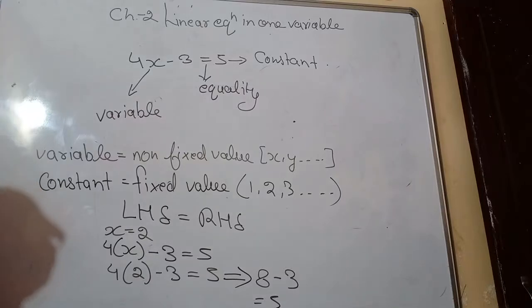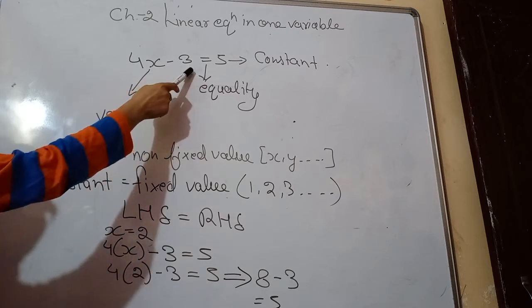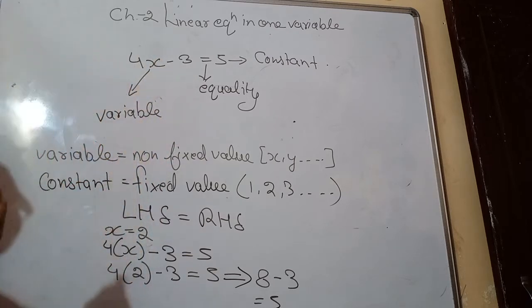Hello students, today we will start chapter number 2 of class 8, which is linear equation in one variable. So we will understand the first term, second term and third term along with the equation. Like what is the meaning of linear, what is the meaning of variable, and one, you all know one means one. Linear means any equation which is having highest power equal to 1.